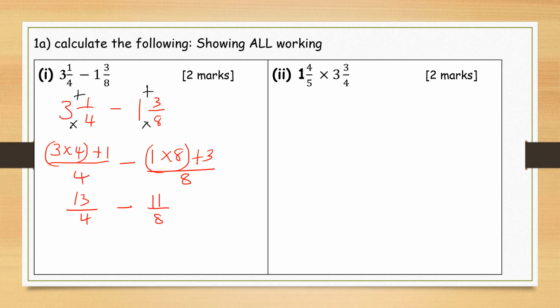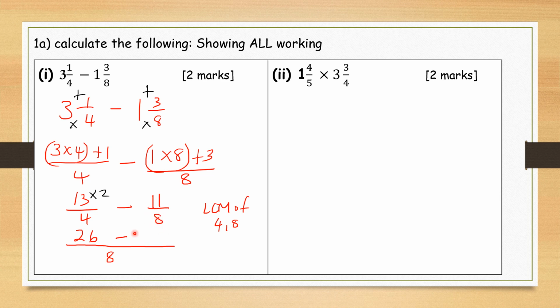Then we have to find the LCM. So we draw our line. What is the lowest common multiple of 4 and 8? And that is 8. So then we say 4 into 8. How many 4s are in 8? And that's 2. So then we multiply 13 by 2, and that is going to give us 26 minus, again